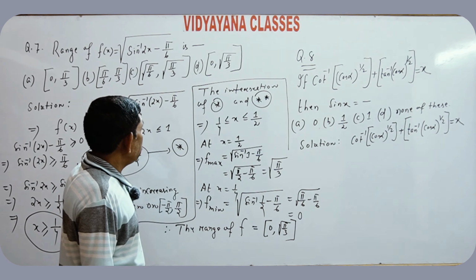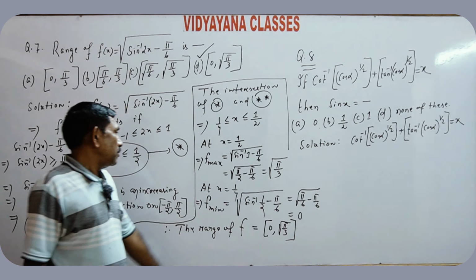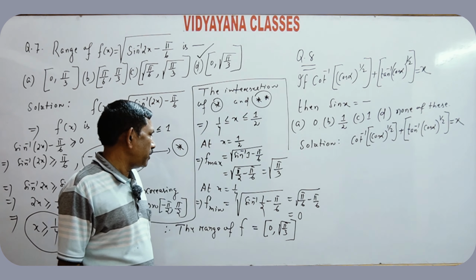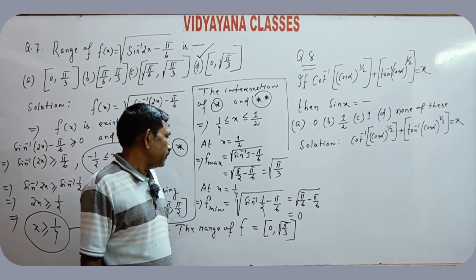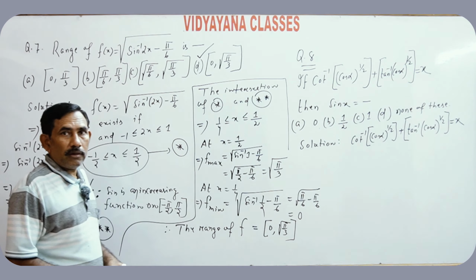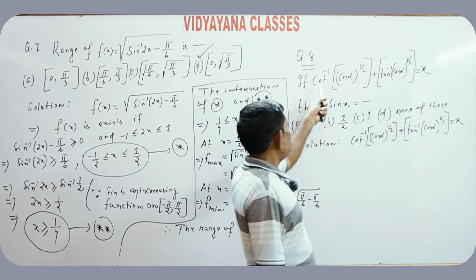So the correct option is D. The minimum value is 0 and the maximum value is root of pi by 3. So the range of f is, close bracket, 0 to root of pi by 3. Clear? Okay. Next,